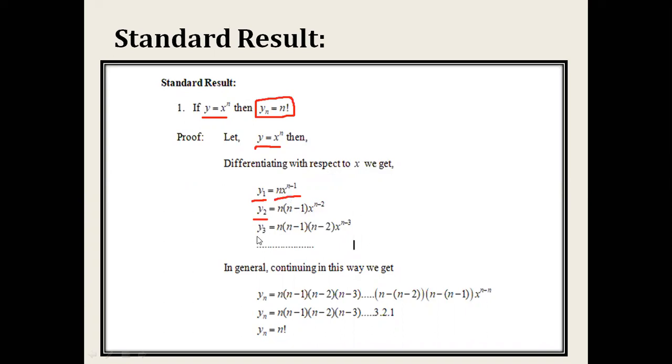Similarly, we can find the third order derivative. This is our y3. y3 is equal to n minus 2 times n minus 1 times n, where n minus 1 is the constant term keeping as it is, and we can take the derivative of x raised to power n minus 2. So this power becomes n minus 2, x raised to power n minus 3. So this is our third derivative. So in general, continuing in this way, we get yn. So this n minus 1, n minus 2, up to so on, n minus of n minus 1, because before this term we get the term yn minus 1.